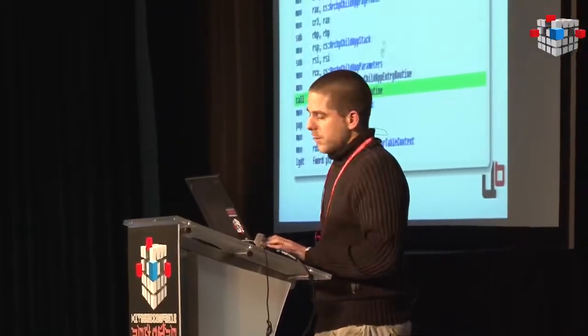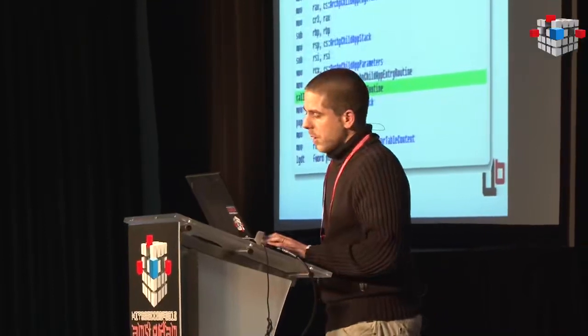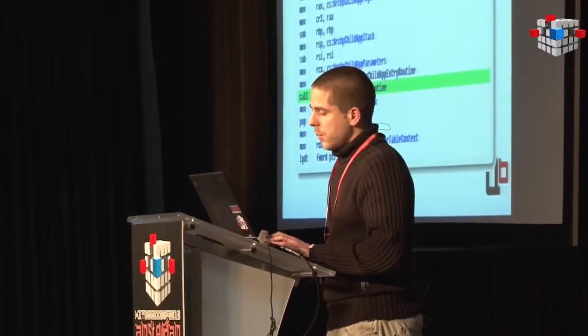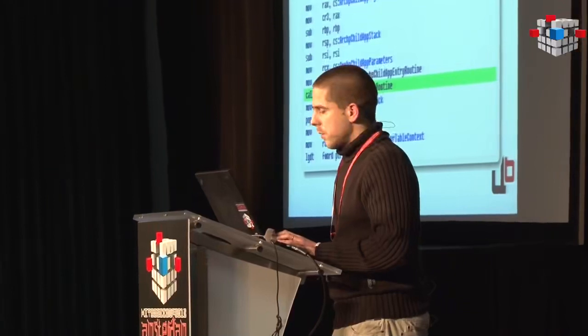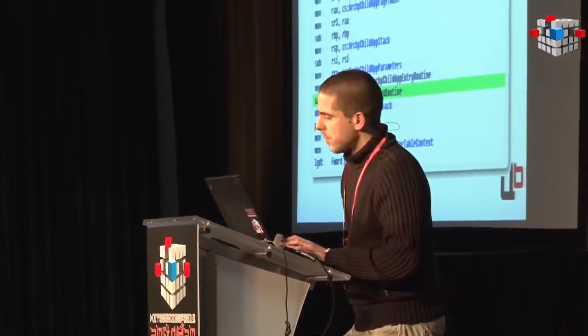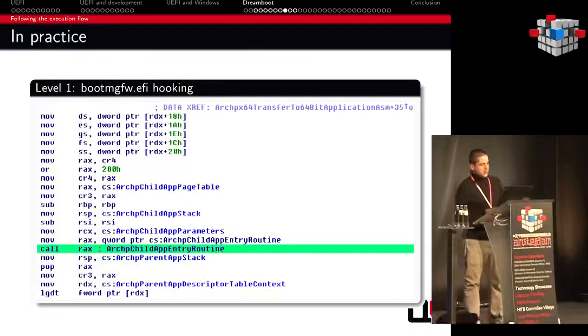So here's the disassembly slice of the function we hooked. In fact, it's very difficult to pronounce, but this function transfers the execution flow to WinLoad when call rex is executed.